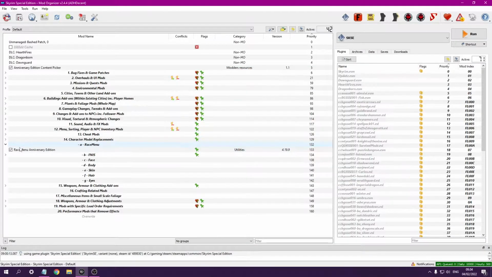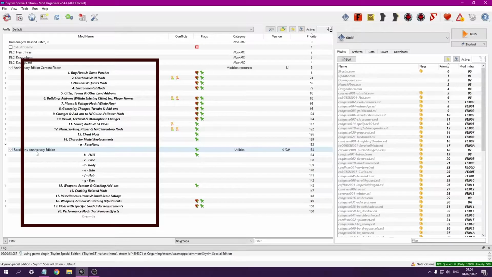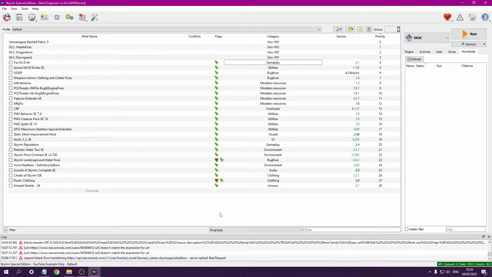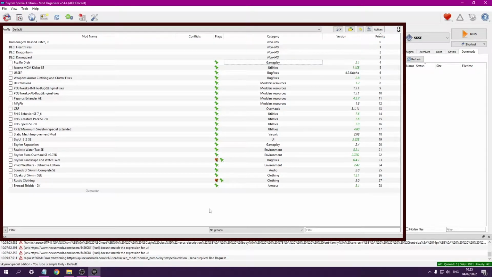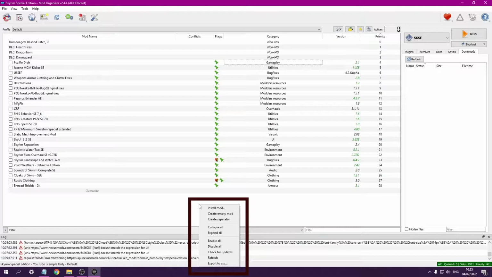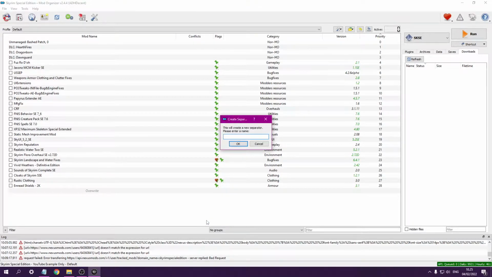Separators. Separators are so simple and yet brilliant for an easier layout and a more accurate and stable load order. Use these separators to do so. I'll get to the load order part shortly, but let's start with adding them. Right-click on your main modding profile window and click on Add Separator. If you right-click on a mod, just hover over the All Mods tab and you'll see the Create Separator option.